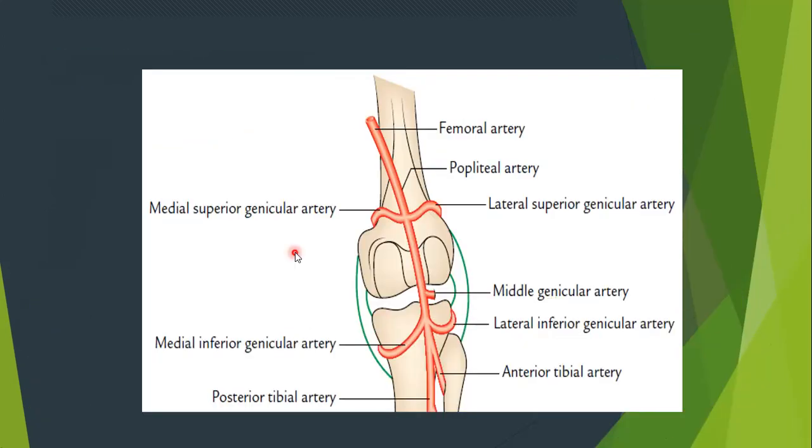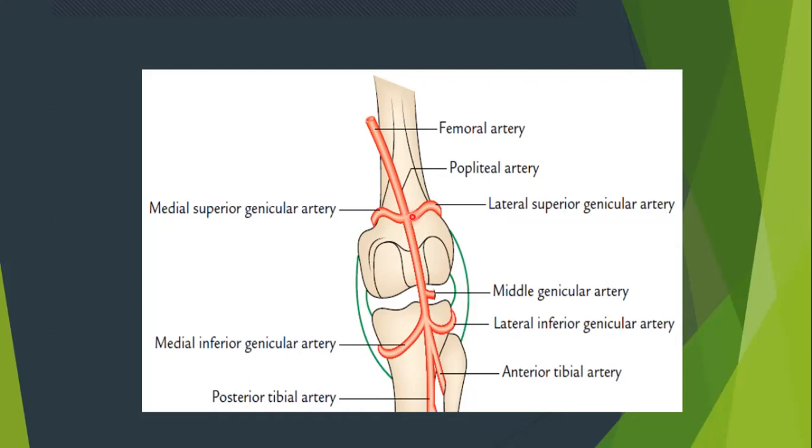Now let's look at that. Here is your femoral artery. Somewhere here is where we have the adductor hiatus. It changes its name to popliteal. After crossing the adductor hiatus, it changes its name to popliteal artery, and it gives off